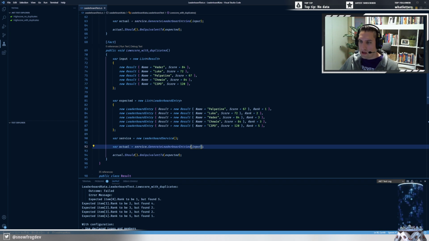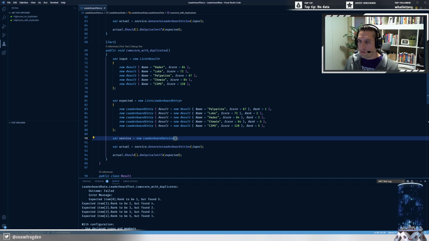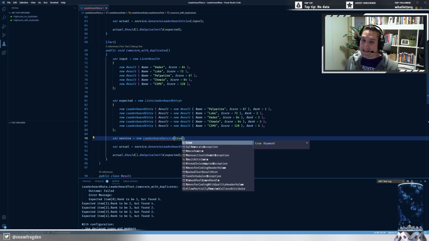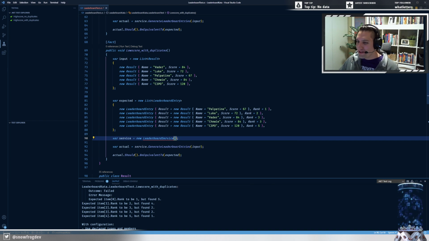Well, the thing is, if I pass in something through the constructor, what do I pass in? Like a configuration object. And what does it have? A boolean, right? It's just like, is it for high to low or is it for low to high? True, false. It's kind of silly. And then if I say it doesn't make sense to pass in a configuration object, what's our next option? Just pass in a flag straight to the constructor. That's not much better than passing in a flag straight to your function. It seems kind of silly. So